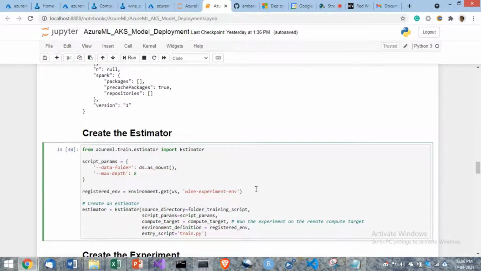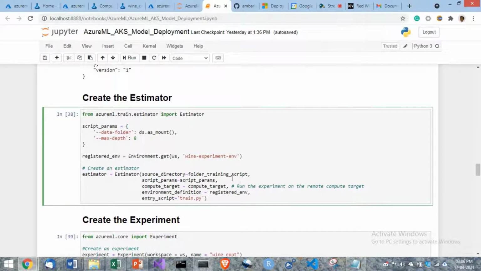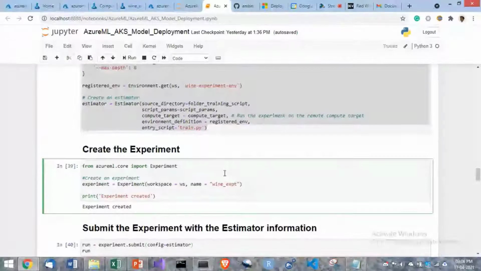The estimator takes the training script, the params, the compute target and the registered environment and combines all of these together. Once the estimator is done, we create an experiment. The experiment is a place where we put all these things together.